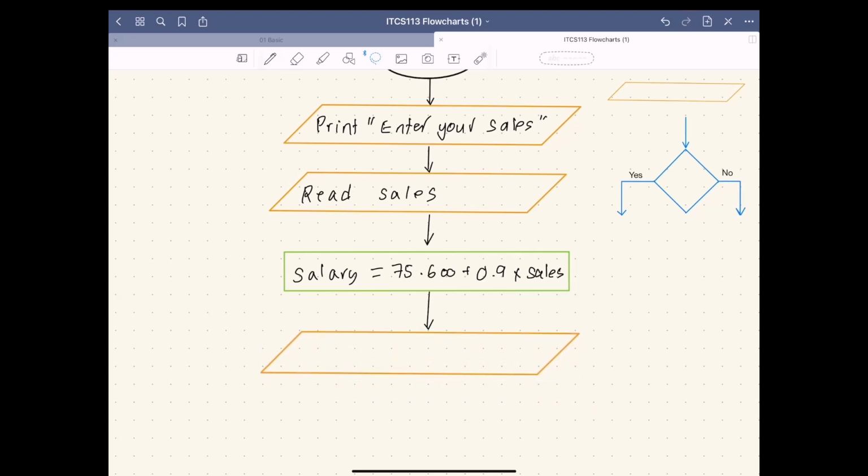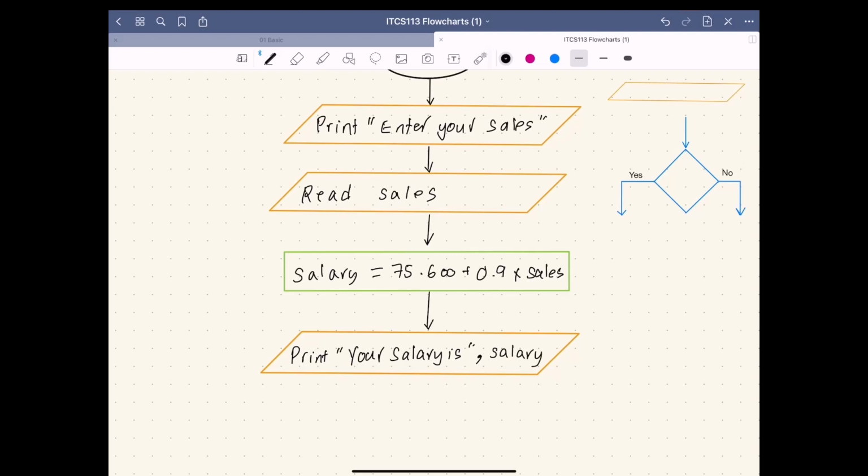And now we need to display the result. Remember, the result of the calculation is saved into a variable called salary, but we should not just print the salary because we will see only a number on the output. So we have to precede it with a message. We have to say that your salary is, and we write the salary, like what we have done in Java programming. So here we need to write a print, and we put the message. We say your salary is, enclose the message, and put a comma, and then put the variable for the result of the calculation, which is